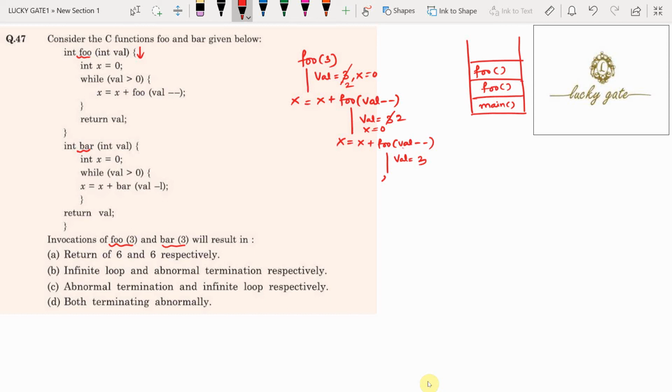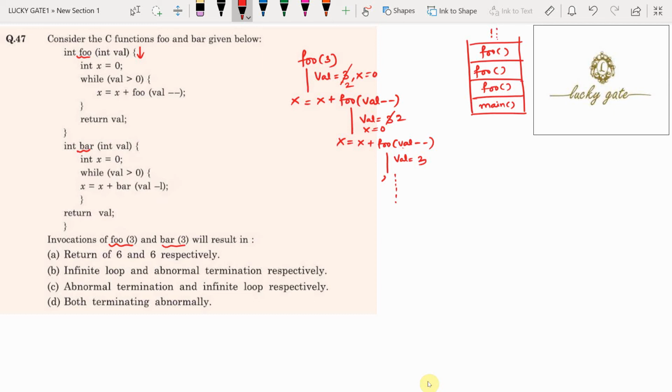So what is going to happen, this is going to be repeated for an infinite number of times. Each time it calls the foo function, it is going to create one activation record for foo, right? So at some point the stack is going to be full.